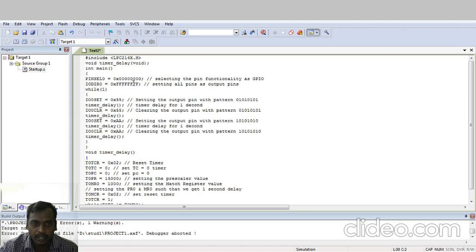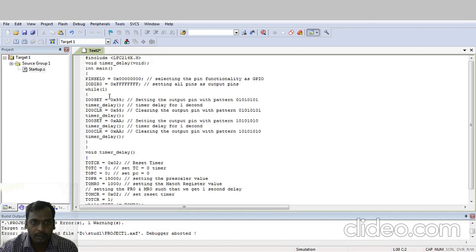Then IODIR0 is equal to 0xFFF; here we are setting all pins to act as output pins. First PINSEL0 clears any data that is there, then IODIR0 sets the pins as output pins.